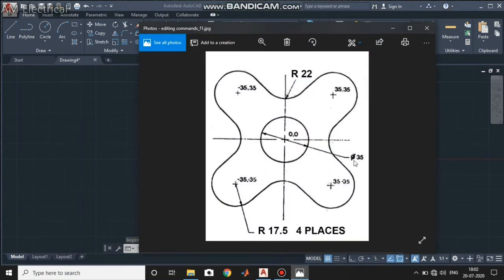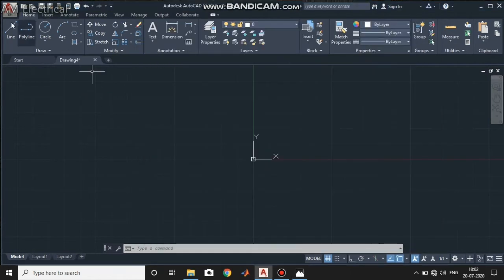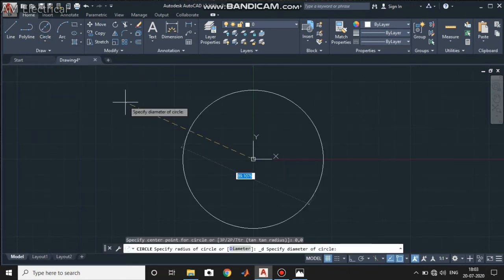Now I will start with the center circle of diameter 35. For that, go to the circle option, center diameter, specify the center point as 0 comma 0, enter, and diameter of 32, enter.